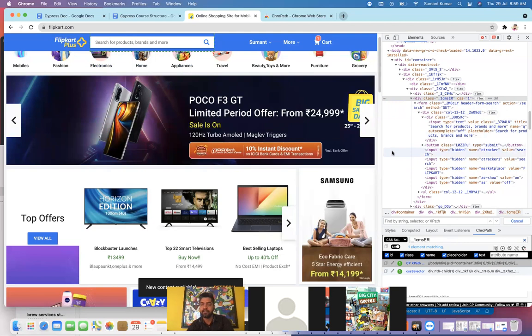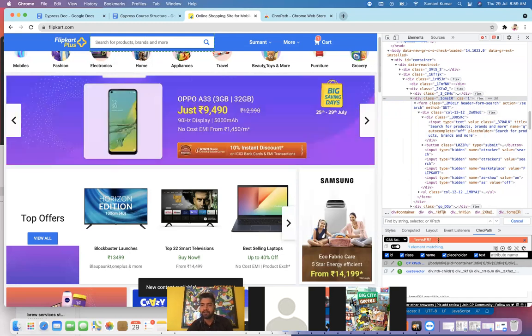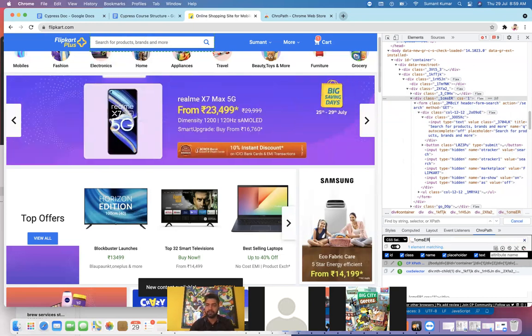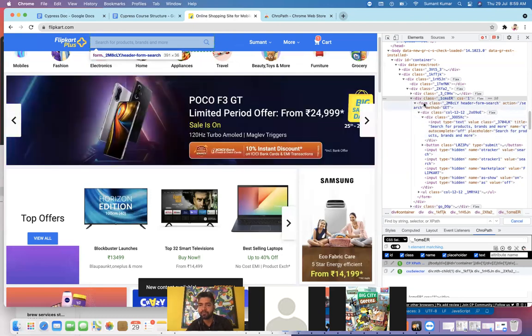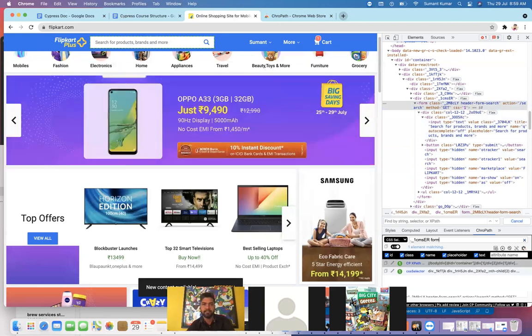In Selenium, how we achieve this is we write a slash and then the tag name of the child. But here slash will not work. So what you have to do is put a space here, and then you can move from here to form. Let's say form is the tag. I will write form, and you can see it's matching with the form.